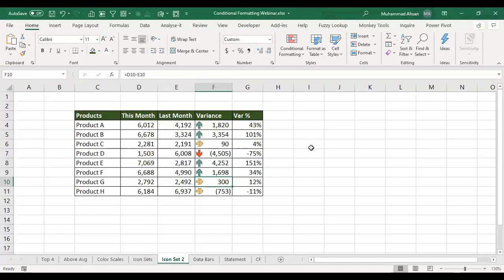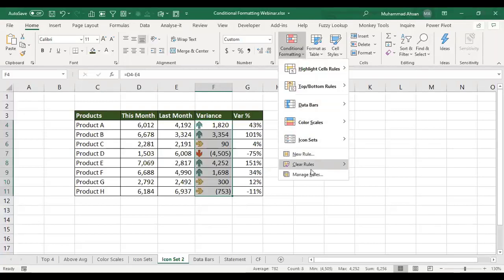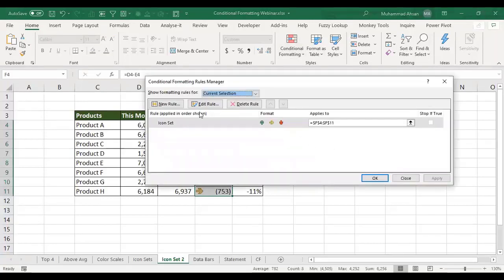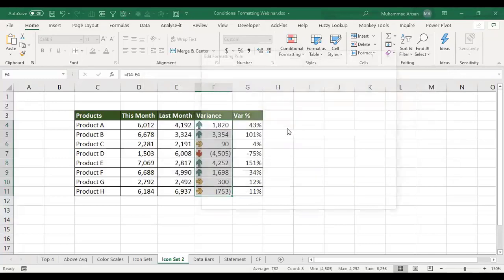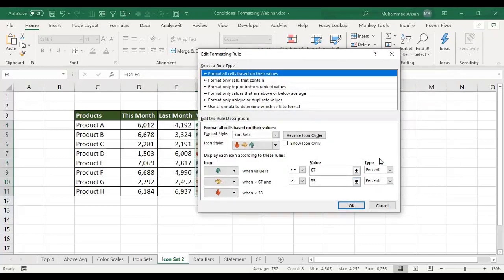For doing that, we have already applied the conditional formatting here. So I will just select the column, go to conditional formatting again, click on manage rules, and then click on edit rule. As you can see, in the type on the right side, percent is selected by default.